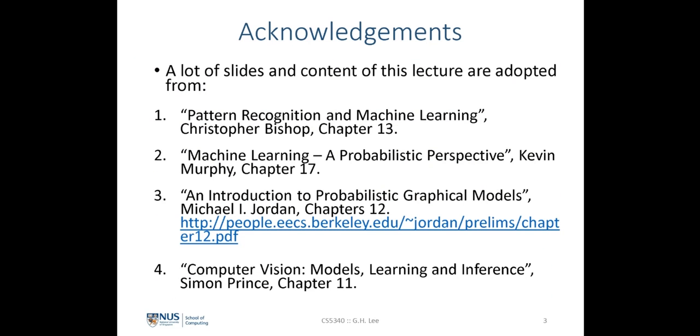Of course, I didn't invent any of today's material. I took a lot of today's content from the textbook written by Christopher Bishop, in particular chapter 13. I also took some of the materials from chapter 17 from the textbook written by Kevin Murphy, as well as chapter 12 in the unpublished textbook written by Michael Jordan, which can be accessed from this link over here, and chapter 11 from Simon Prince's textbook on computer vision. I strongly encourage every one of you to read, especially the first reference material from Christopher Bishop chapter 13 after